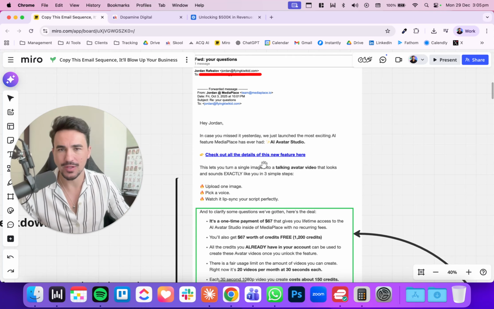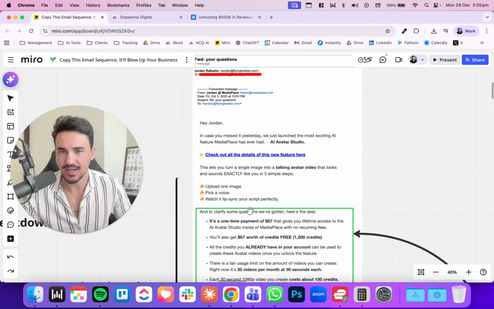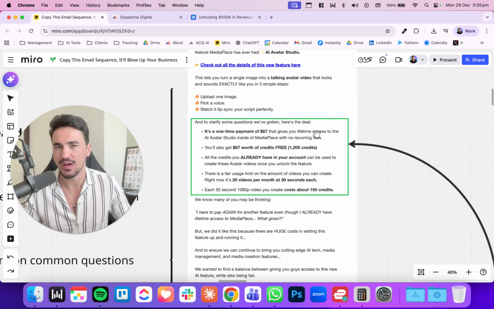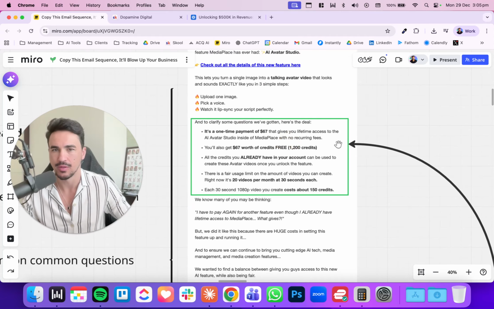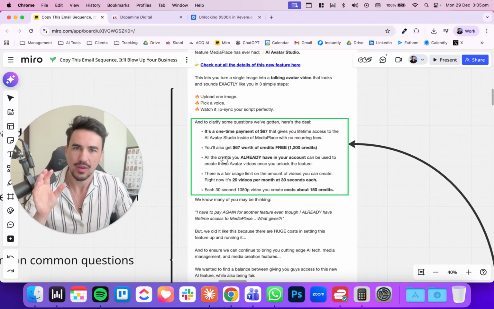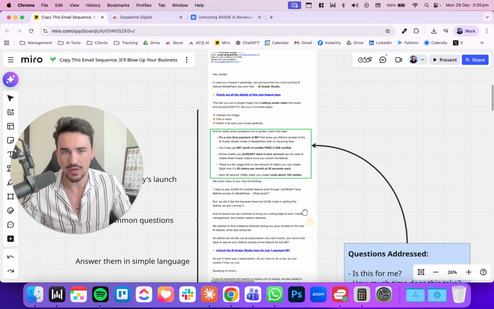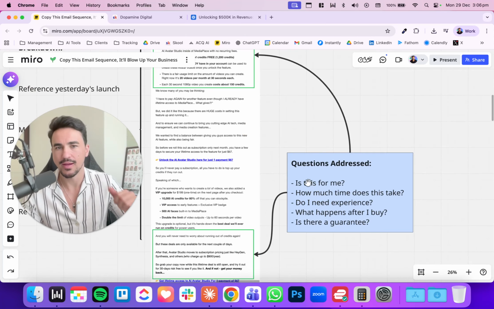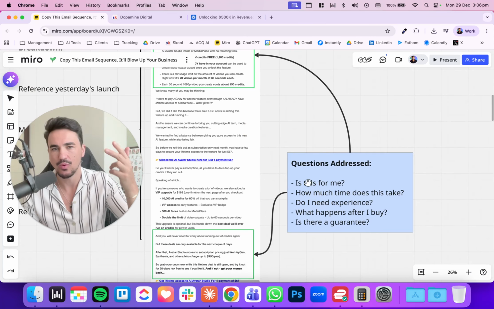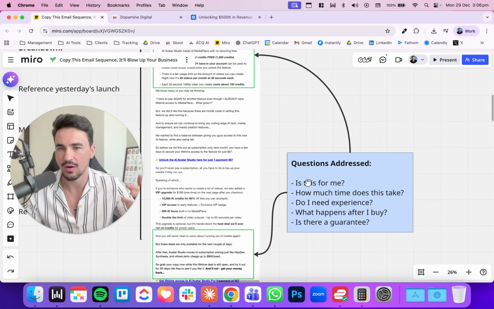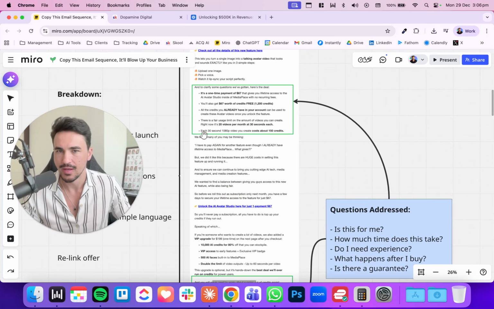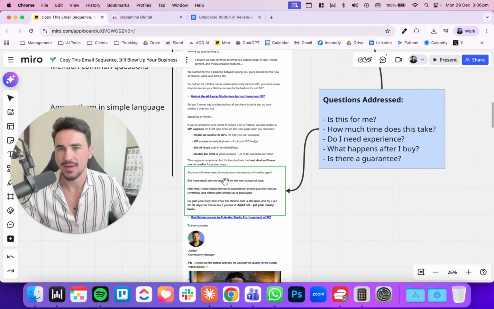I explain what it does in 3 steps, and then just to clarify, we've gotten some questions. So here is the deal. You get this, this, this. The way that it works is this. Here are the common questions that we got yesterday, right? Around like, is this for me? How much time does it take? What experience do I need? What happens after I buy? Is there a guarantee? I restack the value, and then I talk about